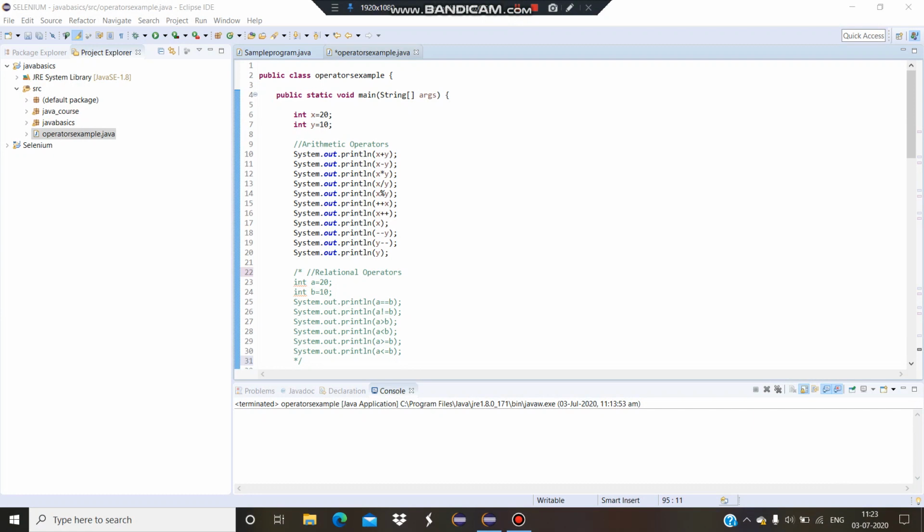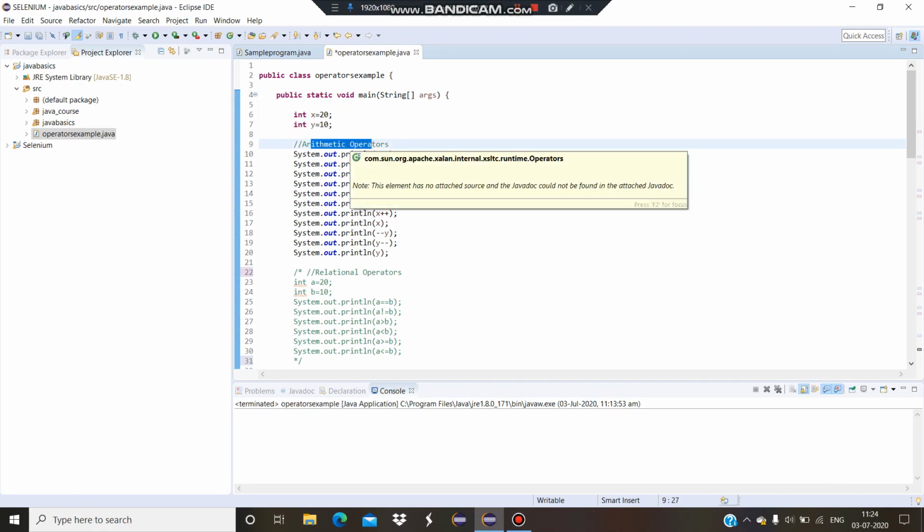Now we will see each of the outputs one by one. I have assigned a value 20 to the variable x with the data type int, and another variable y with a value 10, also an int.